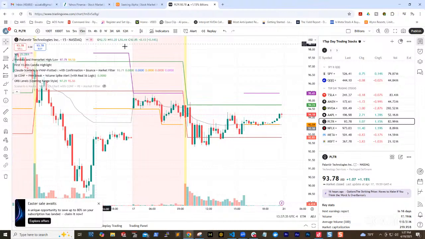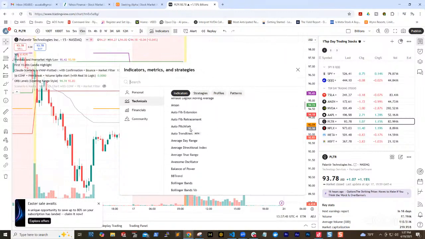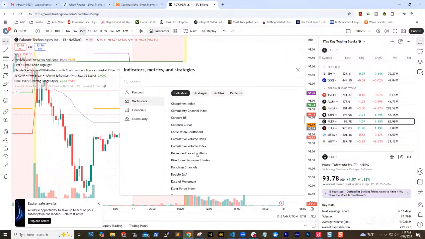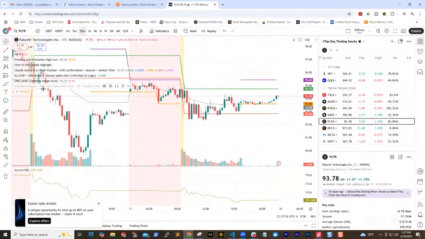So I recommend TradingView. They have this thing called indicators, right? Indicators are like different things that can happen. There are even some indicators that people created. So what I do is I just add, let's say I add this one, right? So if you add that indicator,